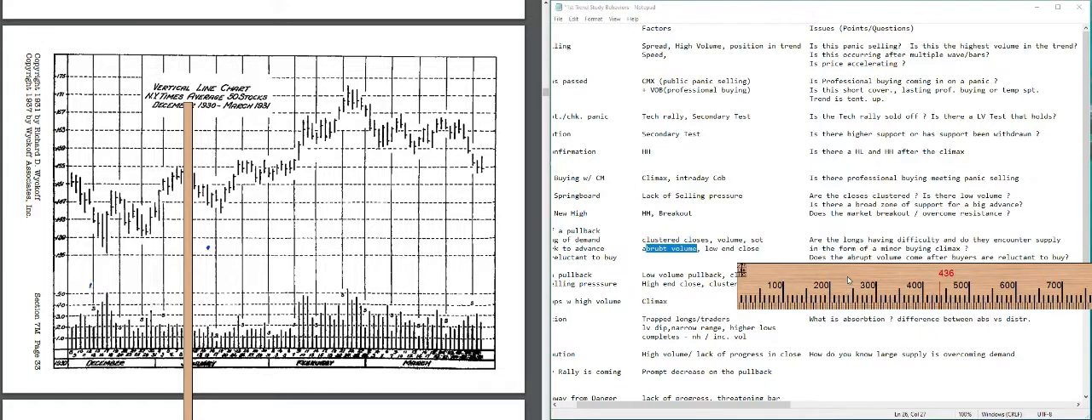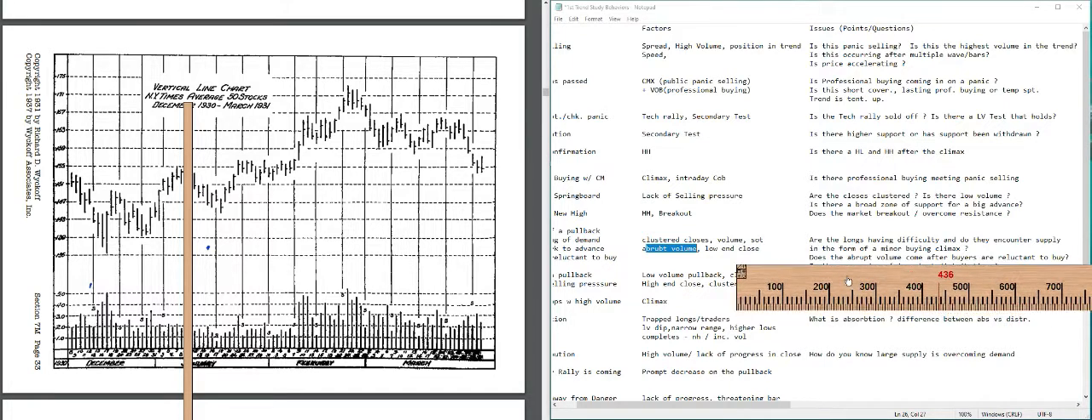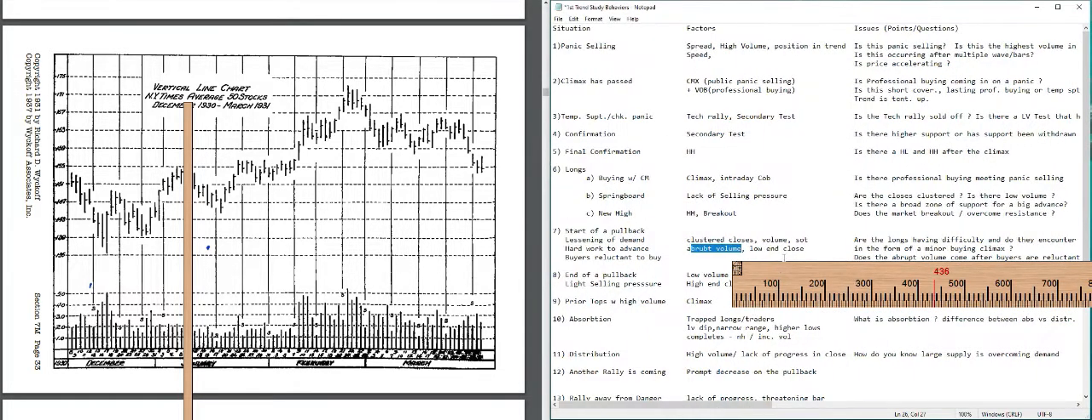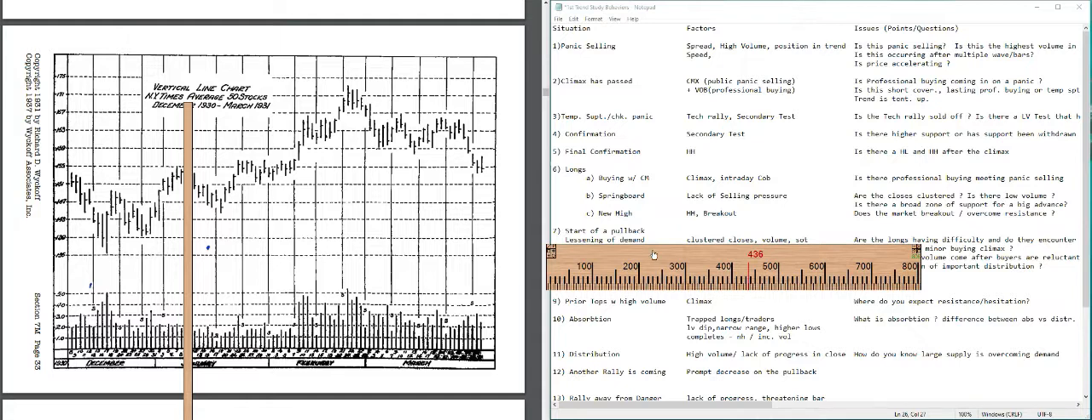Is there a minor climax? Does the abrupt volume come after the buyers are reluctant to buy, indicating that it's ending the move? Is there any sign of important distribution? Right. So the start of a pullback is looking at whether there's lessening of demand. This will be indicated by the volume. Hard work to advance the market will be indicated by the shortening of the thrust. Buyers are reluctant to buy. Again, this is basically volume. It also is the effect of that volume, meaning both the clustered closes and the